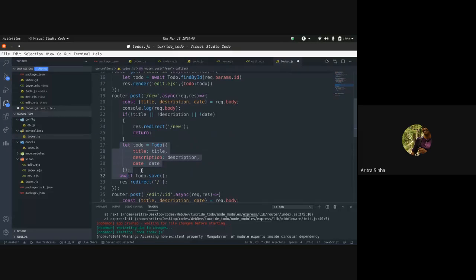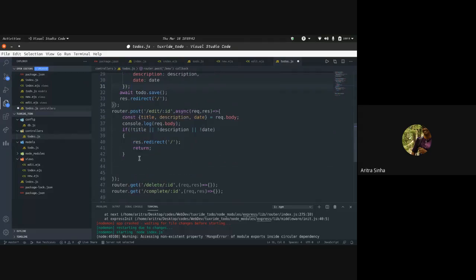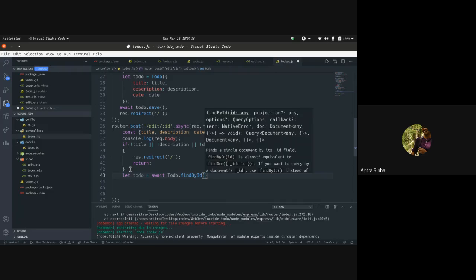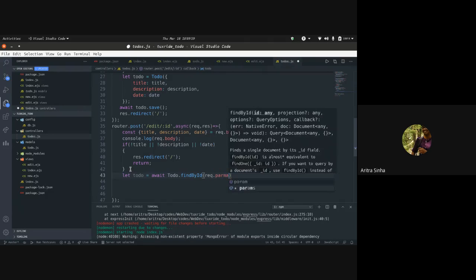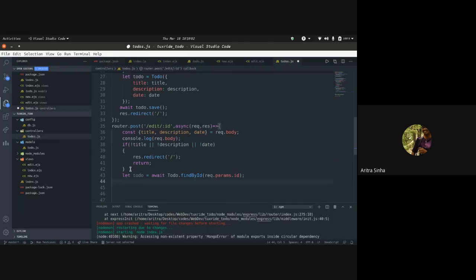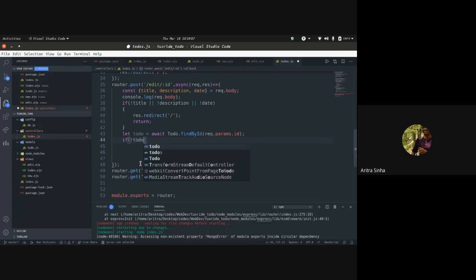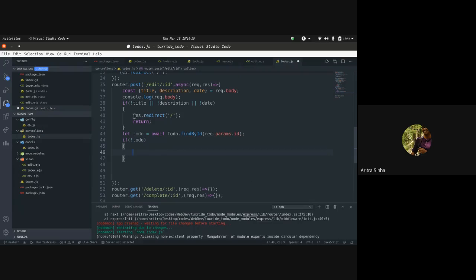After that, we need to fetch the to-do. So let todo equal to await Todo.findById, as we did for the edit get request also, and we'll just mention request.params.id. This will fetch us the to-do. And if todo is undefined, we'll do the same thing as we did right here. Just pick it up and paste it.